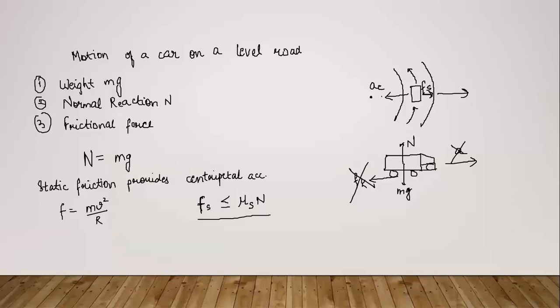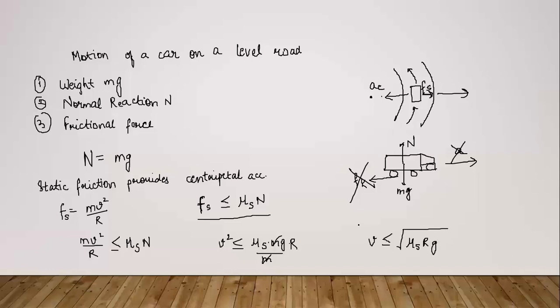Now centripetal acceleration कहाँ से आ रहा है? स्टैटिक फ्रिक्शन से, ठीक है। तो इसका मतलब है कि ये भी हमारा f_s है। So mv²/r should be less than or equal to μ_s N, और v² should be less than or equal to μ_s N r/m। क्या है हमारा इस केस में? कार के केस में जो N है वो simply mg है, अभी हमने ऊपर लिखा, divided by m ऊपर r। m, m got cancelled out and we are left with v is less than or equal to under root of μ_s r g। ओके, तो ये कंडीशन आया वेलोसिटी का कि वेलोसिटी should always be less than or equal to